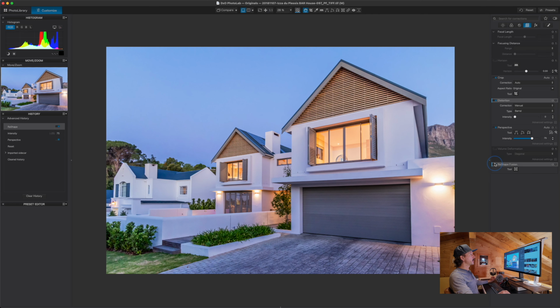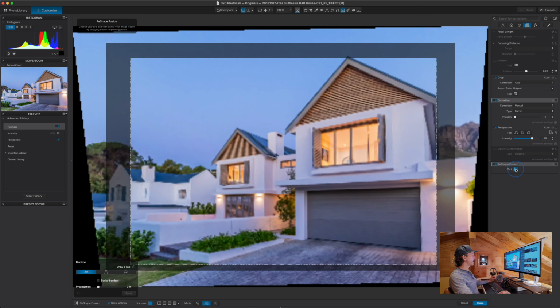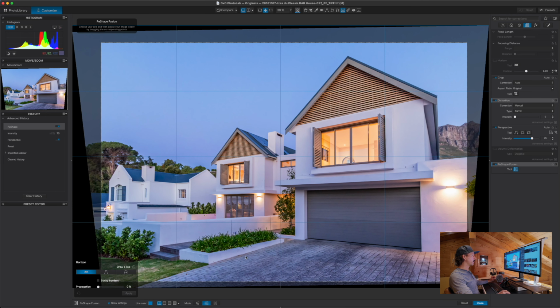So with Reshape Fusion, which is new in DxO ViewPoint 5, if we enable that, again, we're going to go to perspective. So we have free transform, perspective, and volume deformation. Under perspective, we're going to do vertical lines. And with this, it's important to realize